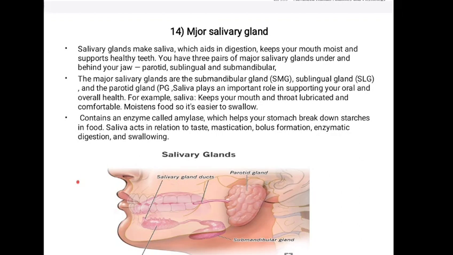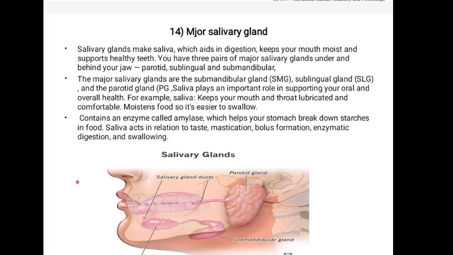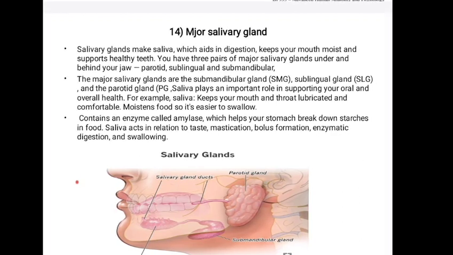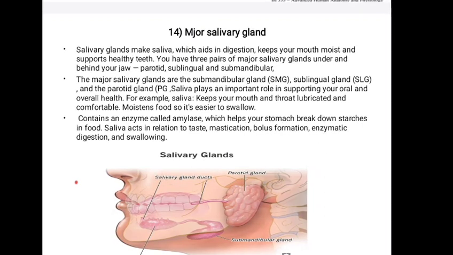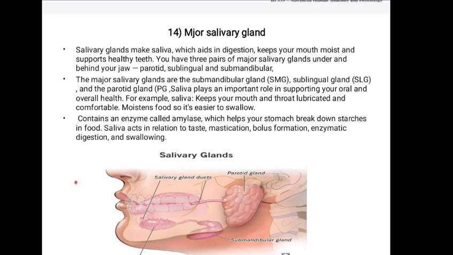Saliva acts in relation to taste, mastication, bolus formation, enzymatic digestion, and